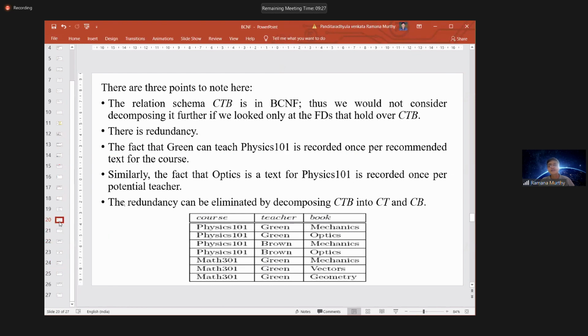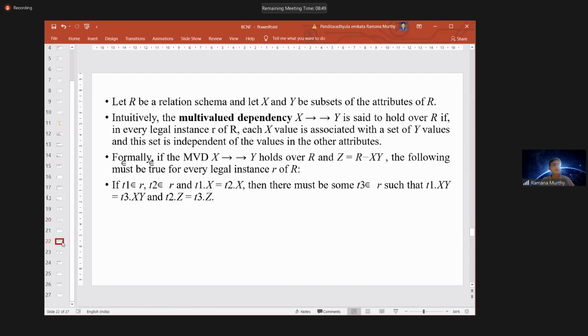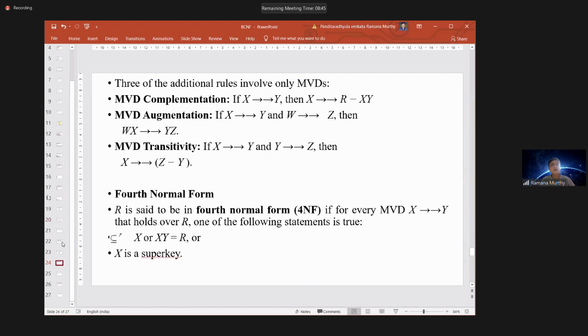Okay, course, teacher, and book. You identify X, okay, from the teacher: course multi-value derives teacher. You are identifying from the other attributes, not only book, it can be anything also. Okay, you are removing any attributes which may be part of the Y, and we are saying course multi-value depends book also. Course multi-value derives book also, because you identified the multi-value dependency between course and teacher, and teacher and book also. Hence, we are identifying course and book also, but eliminated the duplicate values.